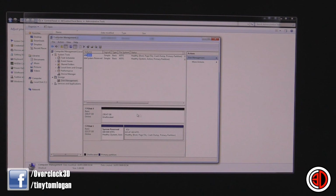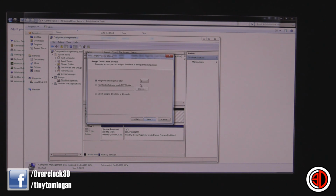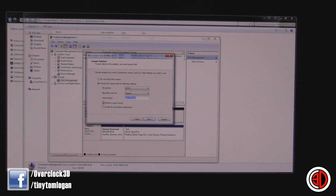And you can see down here that we've got an unallocated drive. Now, if it's a brand new drive and you've not used it before, it will give you a pop-up, and you can select to initialize it with GPT or whatever format you want. And then what you do is right-click on it and go New Simple Volume, click Next. I'm going to assign it to T because that's where I put all of my test drives, T for test. And then on here I'm going to put M.2